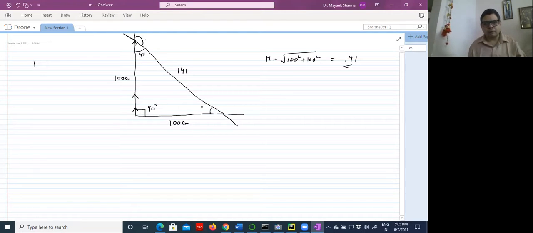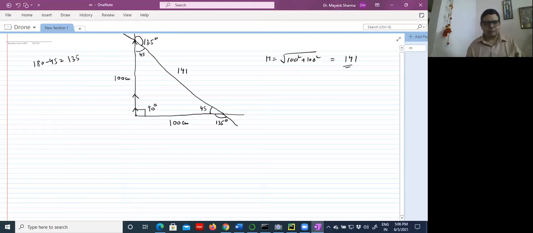This is also 45 degree. So 180 minus 45, you will have 135 degrees. So you have to turn the drone by an angle of 135 degree. Again, you have to turn the drone by 135 degree.